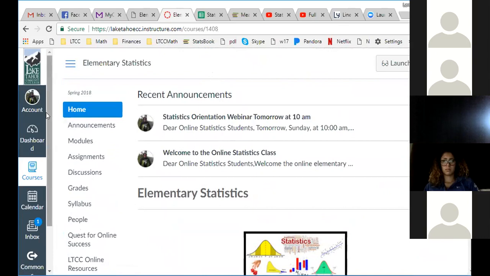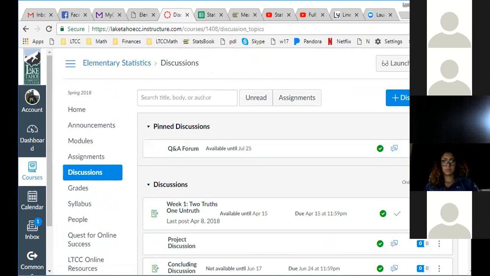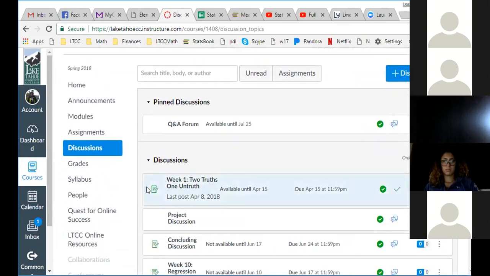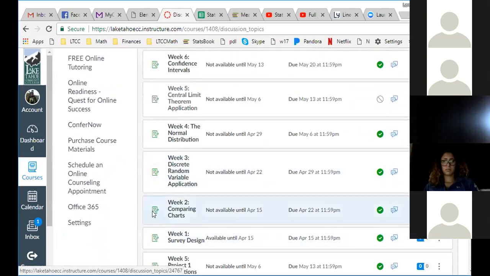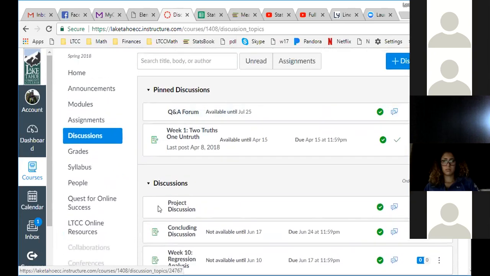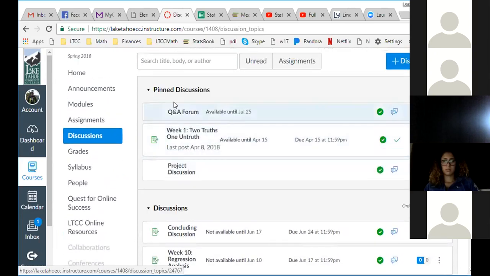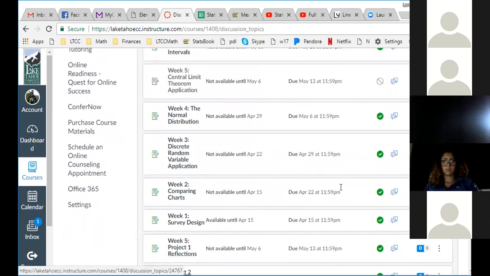Okay, just one more button that's kind of good to have is the discussions, a couple of them actually. And in fact, I realized I've got to put one in. I'm going to put a pinned one in. So I will put pinned discussions at the top of the things that are most important. And in this case, the 3 discussions that are relevant, actually there's one more. There it is.